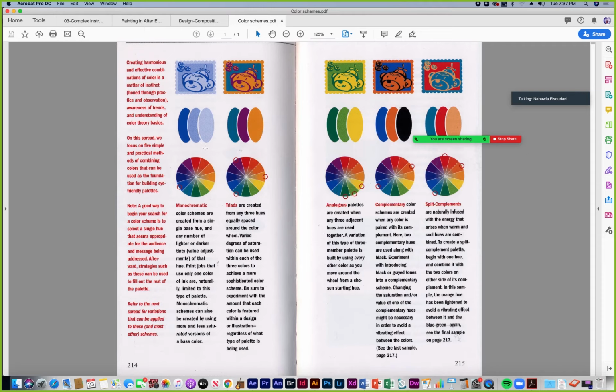So, like I said, for any color scheme that you choose, you can vary the pure colors that you select along the color wheel in value and intensity. In other words, you can vary those colors in brightness and saturation.